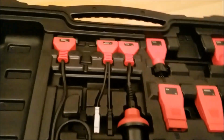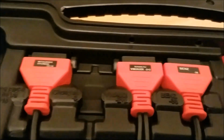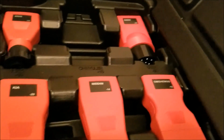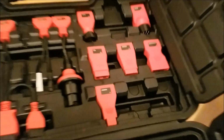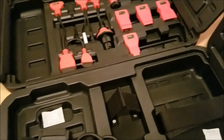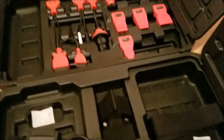Then, as you can see right here, we got a bunch of adapters. We got one for Mitsubishi, Hyundai, VW, Audi. We got two of them for Mercedes-Benz, one for BMW, GM, Daewoo, Nissan, Kia, and Honda. You can see right here we are missing the Chrysler adapter, but since this device is for the European market, that's okay. However, two more adapters are missing, the one for Fiat and one for PSA, and I contacted the